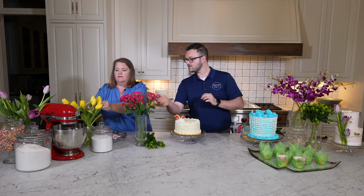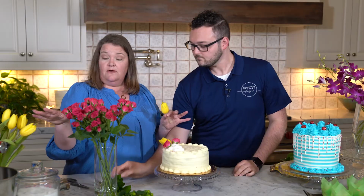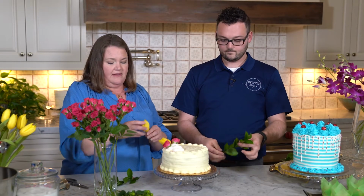That's right. You just keep adding because then they get to eat more icing, right? That's right. Who's going to complain about that? So we don't have any garden roses, but that would take up a big space if you have some garden roses on the top. So now you are just cutting the stems pretty short, right? That's right. Okay. And we washed these prior to the filming, and so then they've been out here in their water